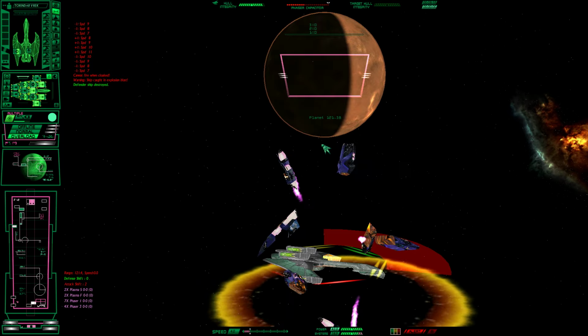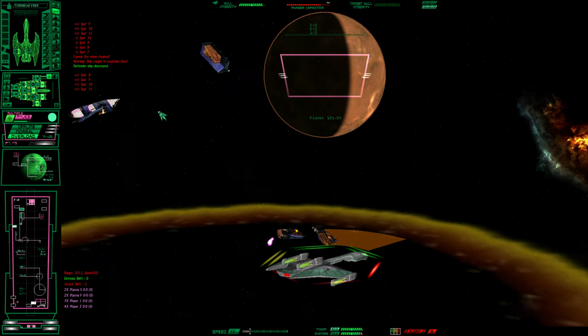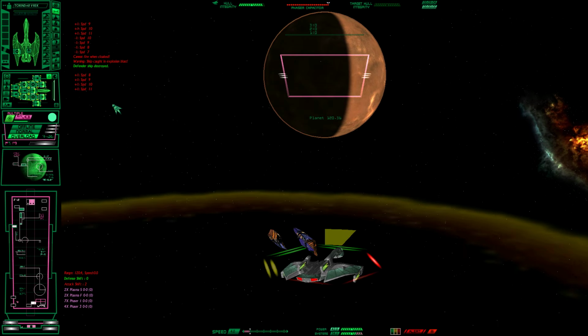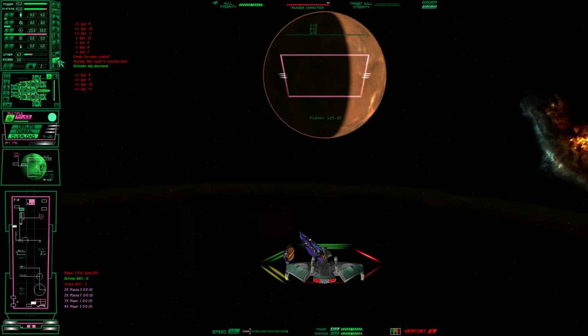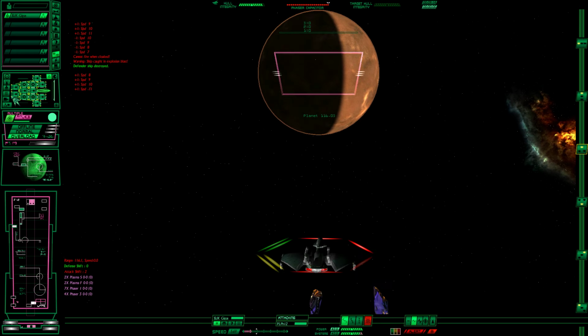Okay, so we've taken out the defending target, and now we can go maximum speed as we get our ship ready to go take on the planet itself. So the planet is, I believe, a PLPH. So according to this, PLPH 12. It is defended with heavy weapons that will be difficult to work with, but what we can do is we can